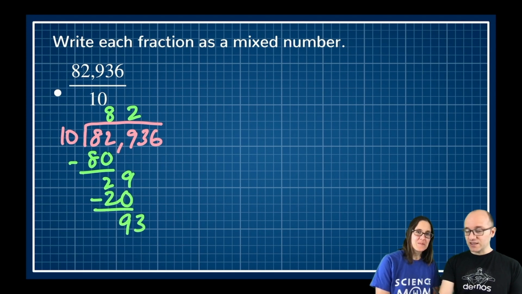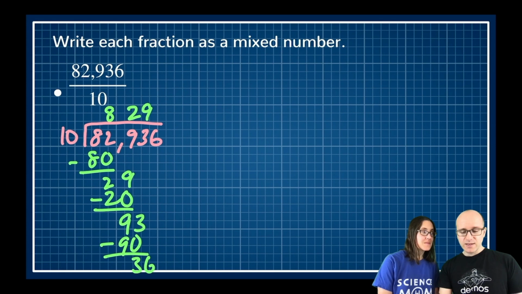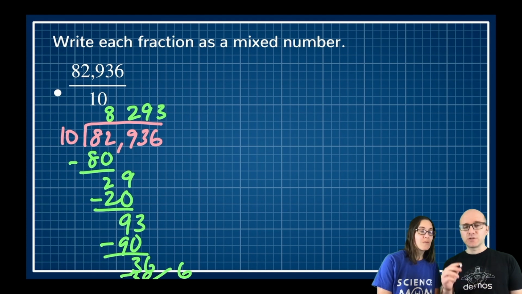Okay. 10 goes into 93 once we brought the 3 down. 9 times. So it's 90. We subtract. That leaves us with a 3. So 36. We're running out of room. 10 goes into 36 3 times. And on the bottom, if I fit a 30 in there and subtract, I'm left with a 6. Just use our imagination there.